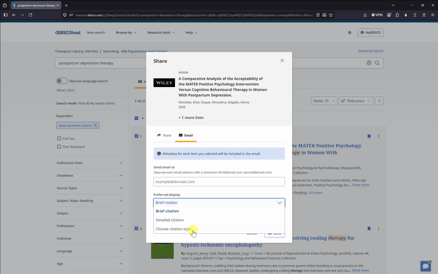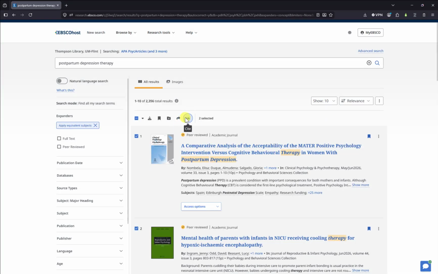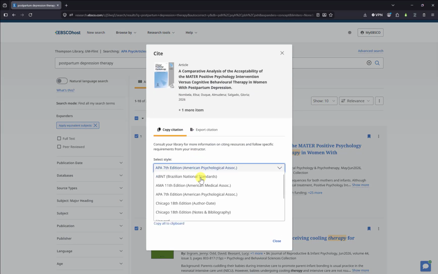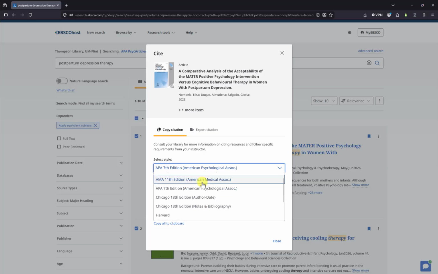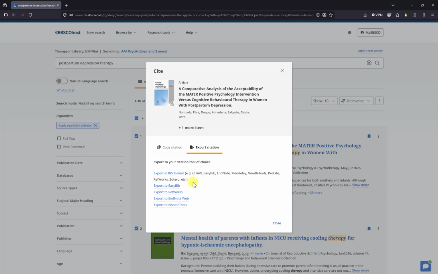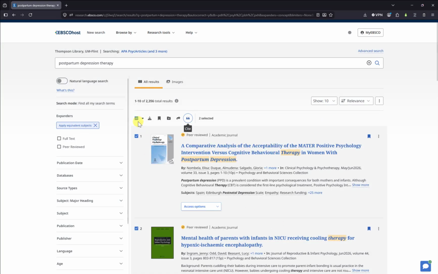And again, this will give you citation information here. And finally, I can actually get some citation information in a bunch of different styles. So it defaults to APA, but there are several other major styles that you'll see. You can also export citations to a citation manager like Zotero. So these are bulk actions you can do, but these actions will also be repeated on individual records